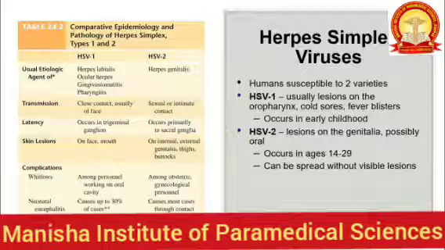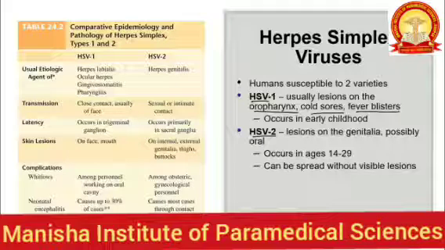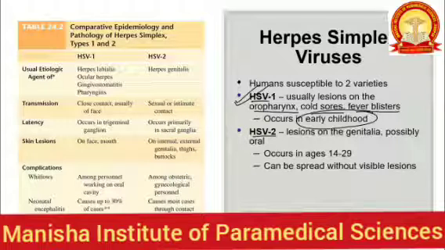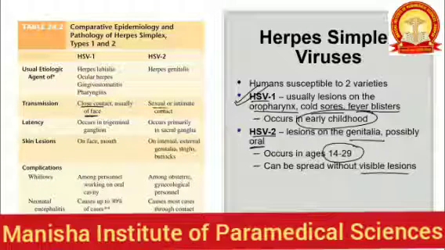As you can see, humans are susceptible to 2 varieties, HSV1 and HSV2. Usually HSV1 leads to formation of lesions on the oropharynx, cold sores, fever blisters in early childhood. So that's HSV1. But for HSV2, lesions on the genitalia, possibly oral, occur in ages from 14 to 29 and can be spread without visible lesions forming. So the difference between the two: transmission for HSV1 is close contact, usually of the face, while HSV2 is through sexual contact,